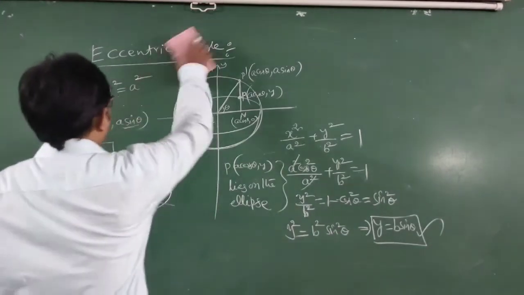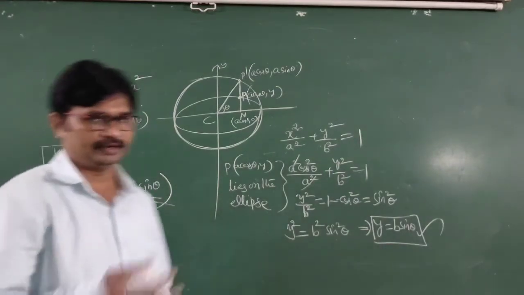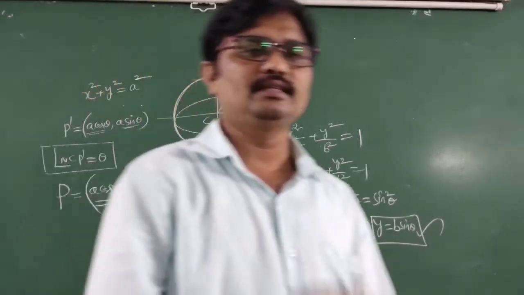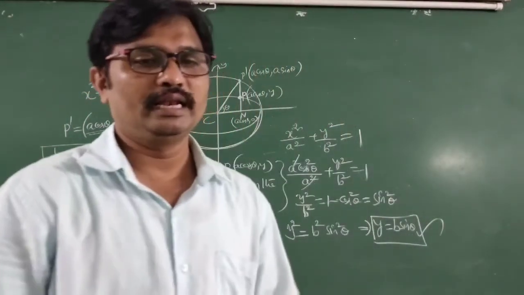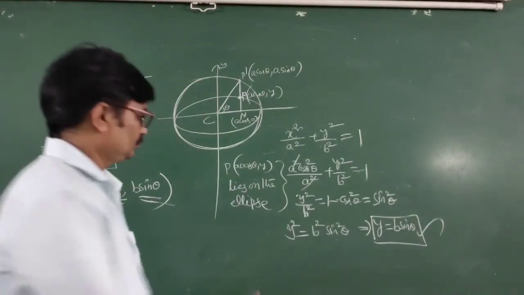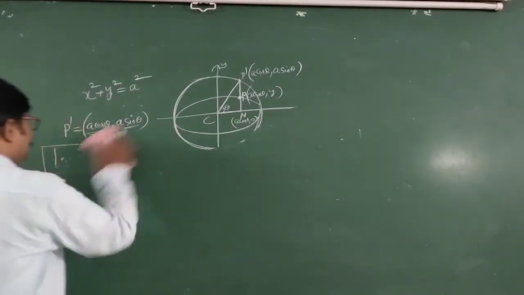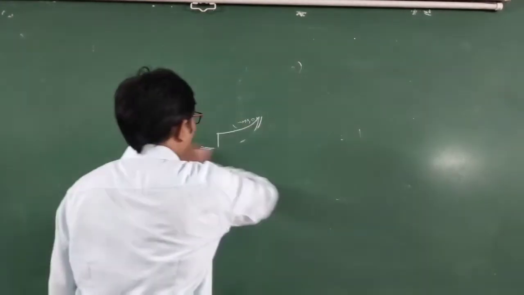Now students, theta is called the eccentric angle. Here theta lies between 0 to 2 pi. The eccentric angle lies between 0 to 2 pi, that is 0 less than or equal to theta less than 2 pi. My dear students, right now, the equation of the chord whose eccentric angles are alpha and beta. Now write the equation of the chord joining 2 points with the eccentric angles alpha and beta.